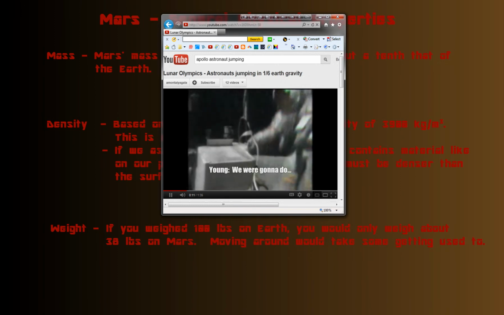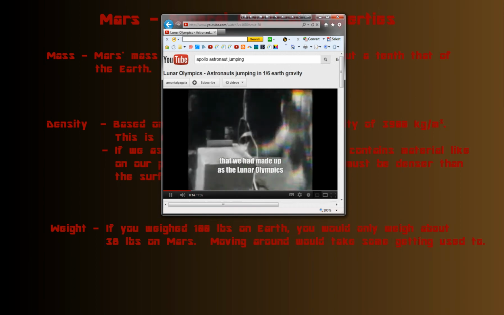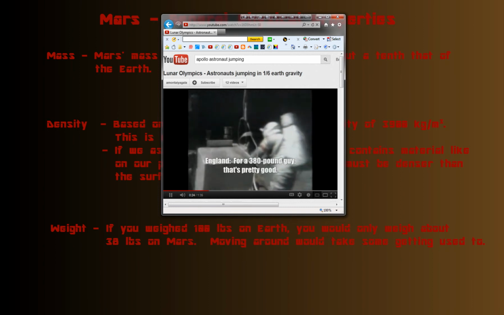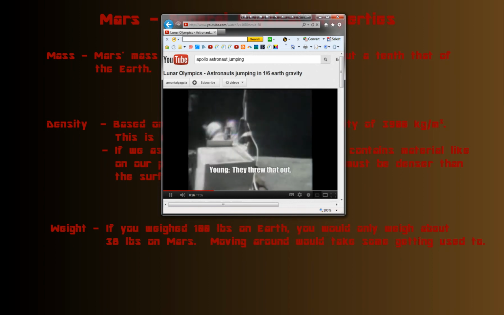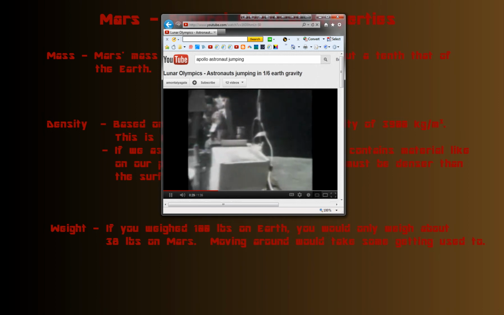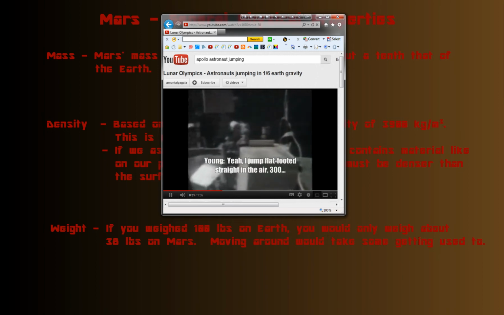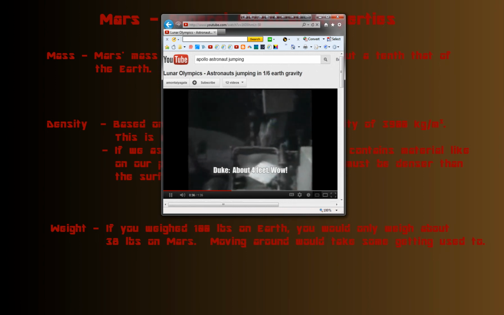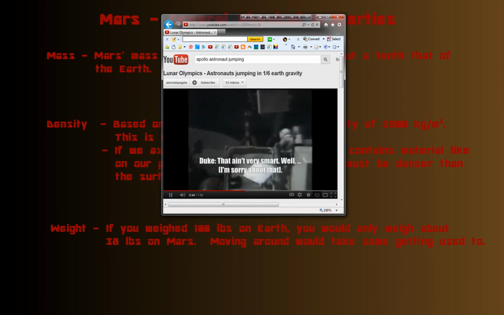We were going to do a bunch of exercises that we had made up as the Lunar Olympics. Show you what a guy could do on the moon with a backpack on. But for a 380-pound guy, that's pretty good. They threw that out. Yeah, jump flat-footed, straight in the air. About 4 feet. Wow. Charlie, that ain't any fun, is it? That ain't very smart. Well,